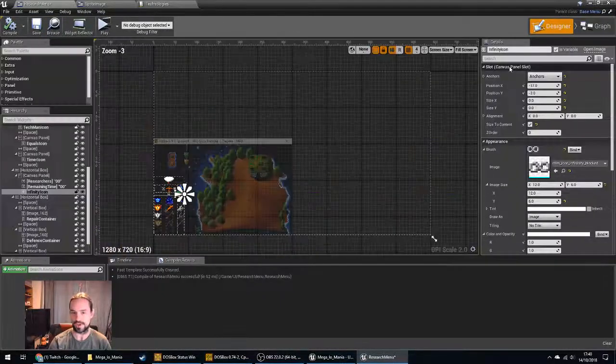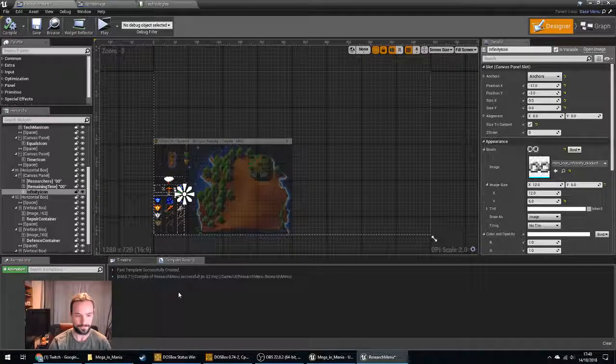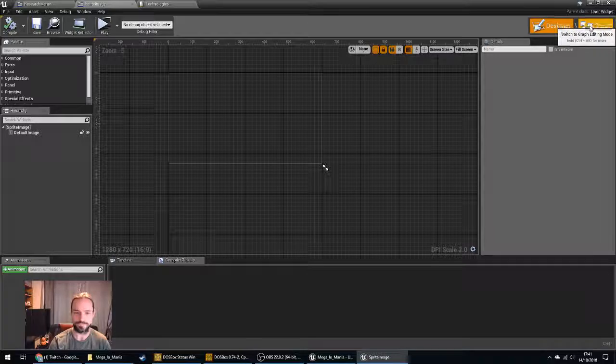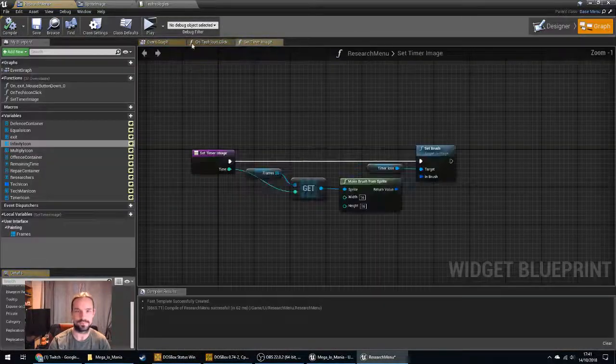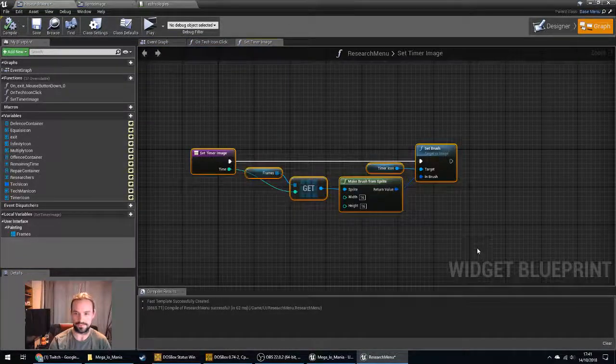Now whether that may be, yeah, so it would be a widget blueprint even, not a sprite blueprint, that's where I was getting confused. You can make blueprints from sprites, but I haven't really seen how that works yet or what benefits that has. But particularly with a widget, we can bundle all of the set timer image, all of that can be within the widget's blueprint, much like we